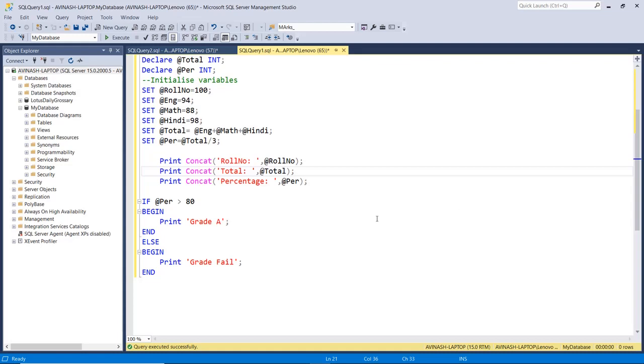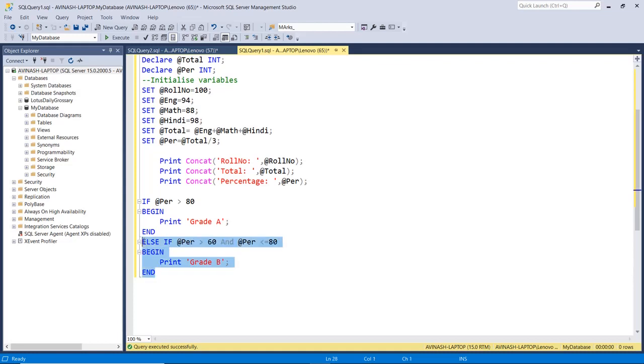So how to do it? We have this condition. This is true, and if it is false, then we add another one more condition. Say if percentage, say greater than 60 and less than equal to say 80, then grade B. This is the nested if statement.